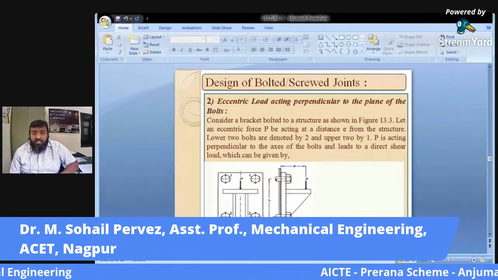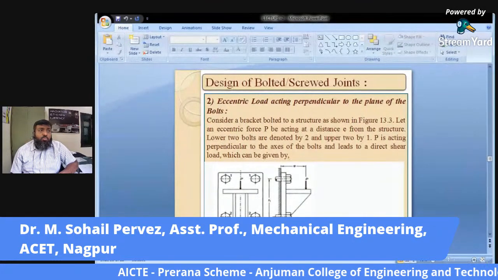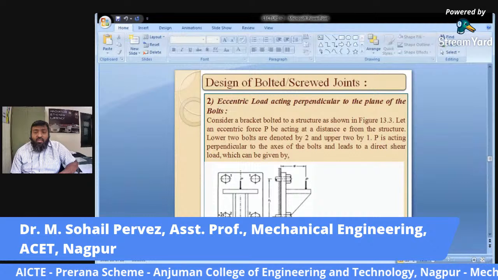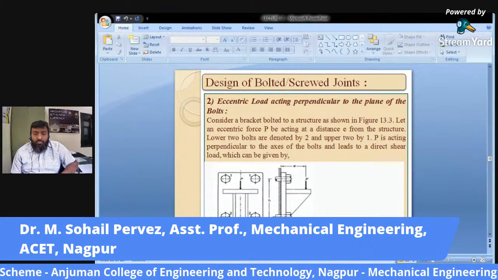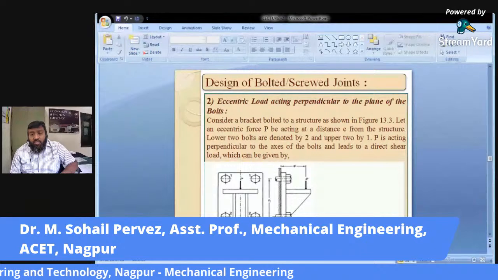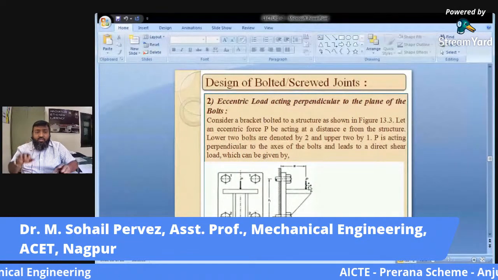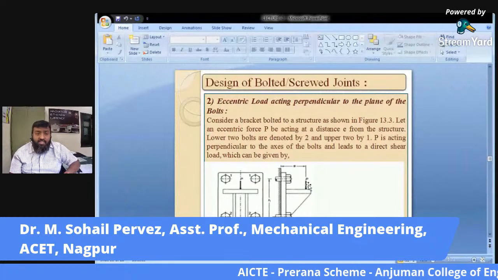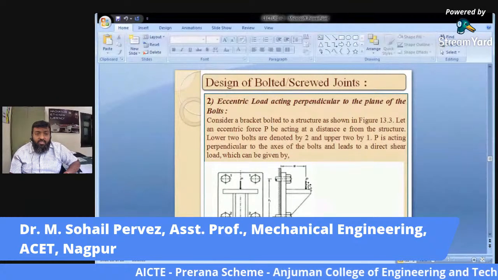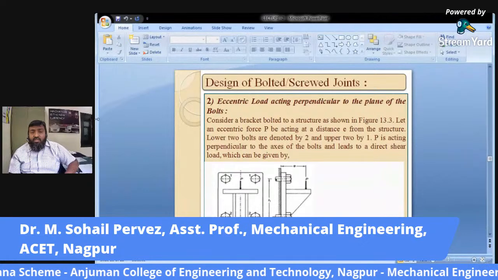Now, let us consider this example wherein there are 2 bolts in a row, that is row 1, the upper row, and the lower row. So in each row we are having 2 bolts. Now this P will try to topple the bracket. When I say topple the bracket, it means it will try to